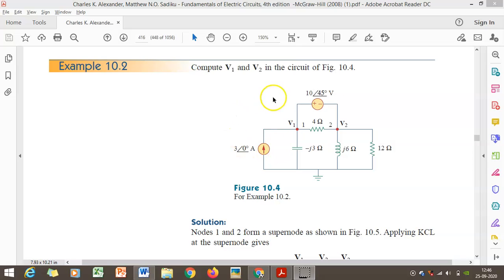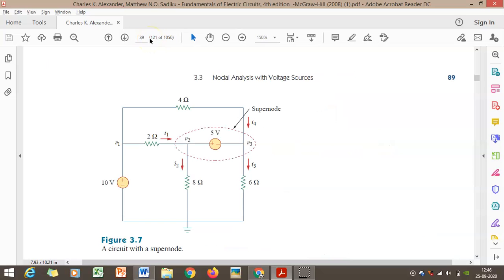Okay, when we start analyzing the circuit, if you start solving using nodal analysis, you cannot solve. You will be stuck. Why? Because between the two non-reference nodes V1 and V2, we have a voltage source. That's the obstacle we have in this problem. Before analyzing this, we have to know what a supernode is. For that, I will go to the supernode page.